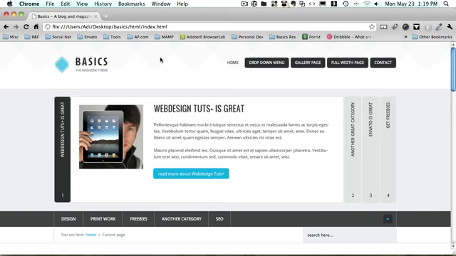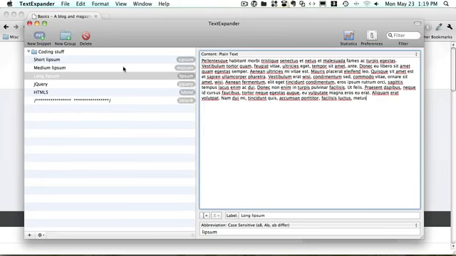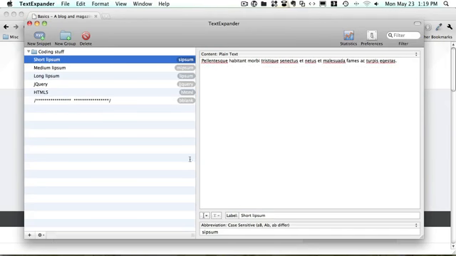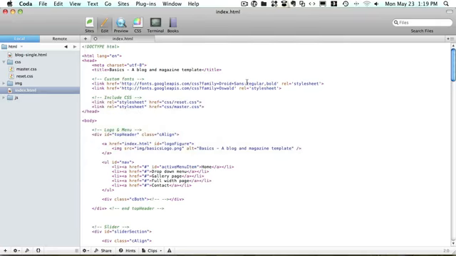For instance, for this short lipsum, as I called it, the abbreviation is SIPSIM, and it's going to paste this. So if I go back to Coda and I type in SIPSIM,